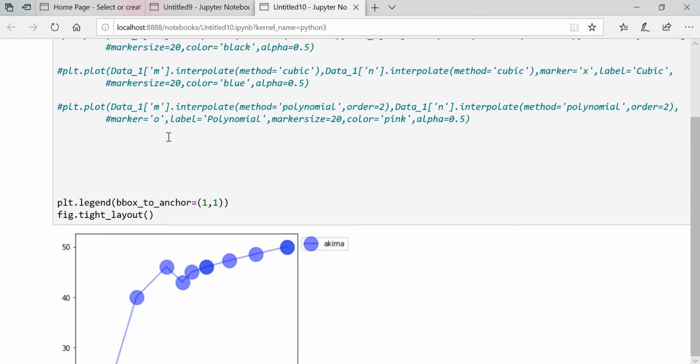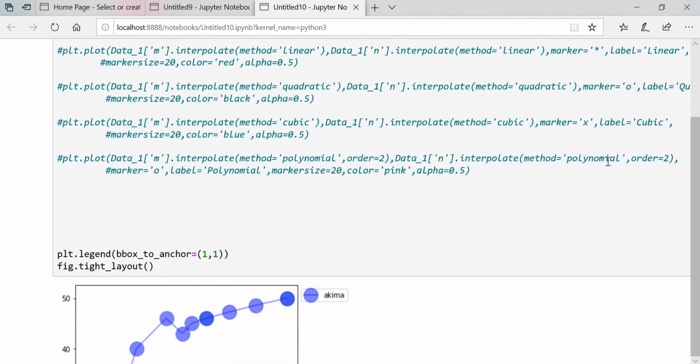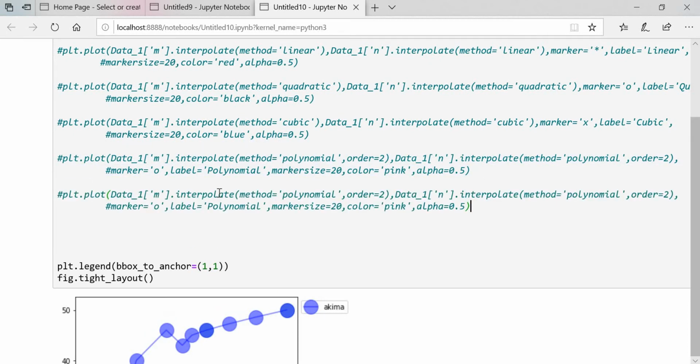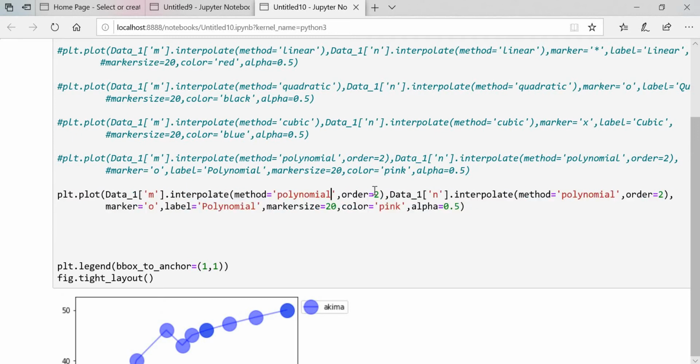Okay, till the polynomial we have done. Now moving further, we'll do the spline. Simply I will copy this, paste it over here, and remove the comment, and here I'm going to use the spline, and here also we need to use the order.